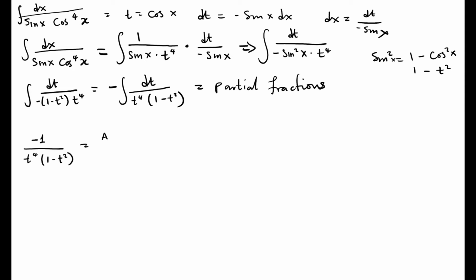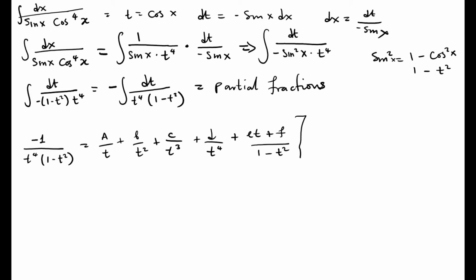This one should give you a over t plus b over t squared plus c over t to the power 3 plus d over t to the power 4 plus (et plus f), all of this over 1 minus t squared. Okay, this we multiply each side by t to the power 4, (1 minus t squared). So what we have is negative 1 is equal to a t to the power 3 (1 minus t squared)